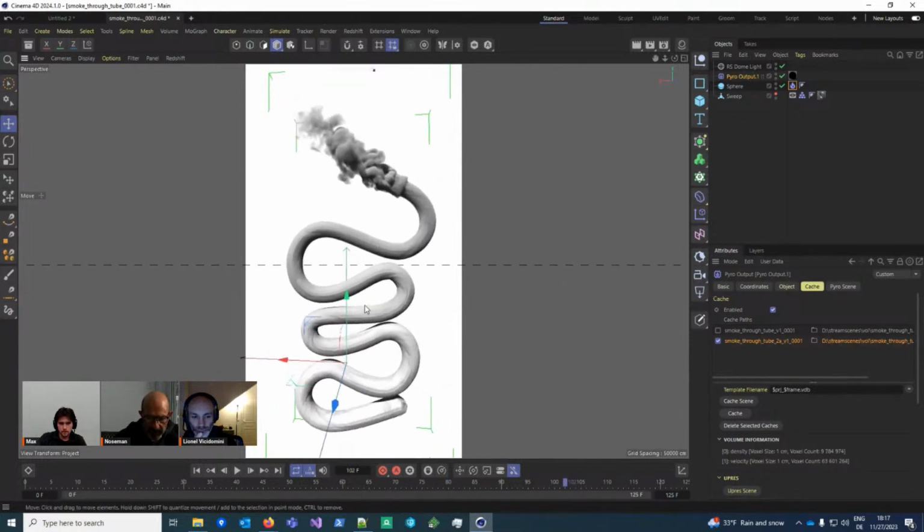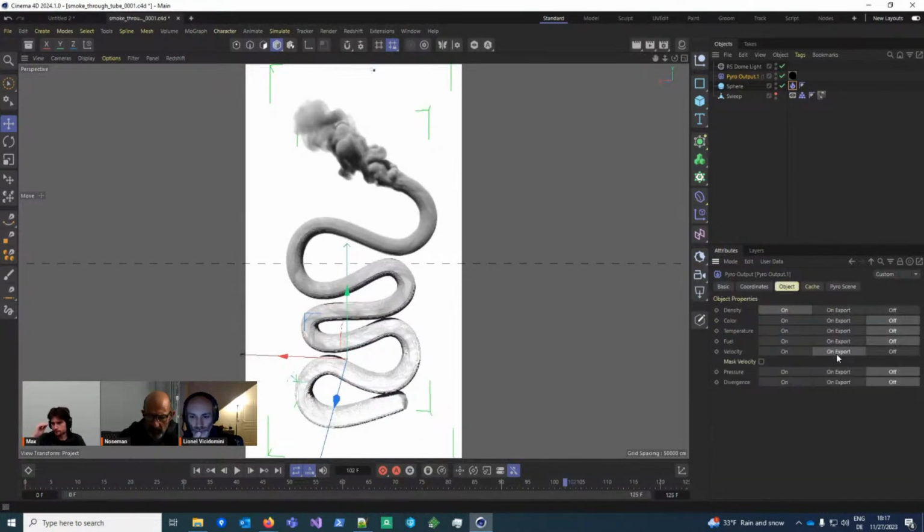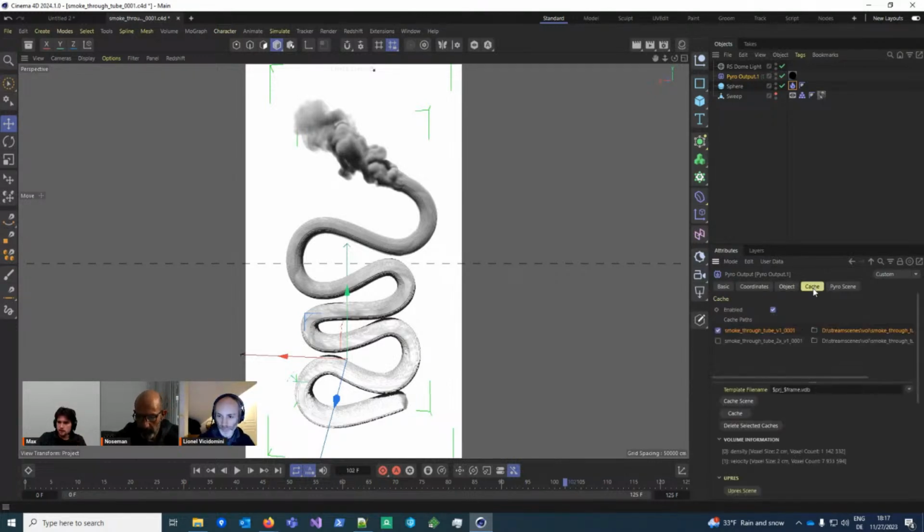If you don't have velocity in your cached grid, the upresing will not work. I think that's the most crucial part, if I'm not mistaken, Max. Yeah, it's only the velocity which has to be there, which should be an export, and mask velocity should be turned off. Else it also won't work as well. That's a good tip. And well, in the end, these two simulations now don't look one-to-one the same.